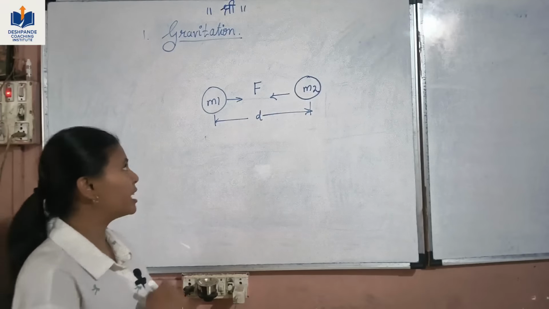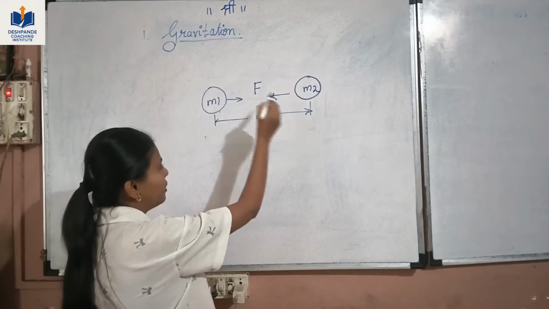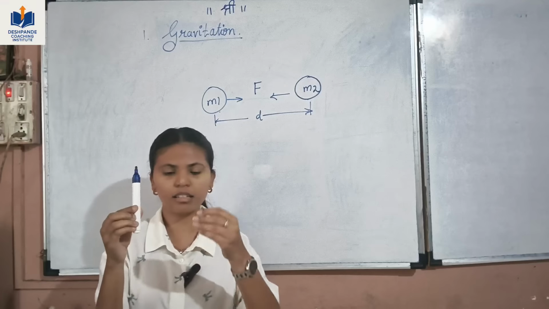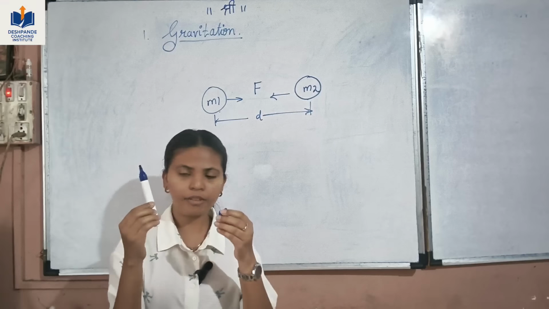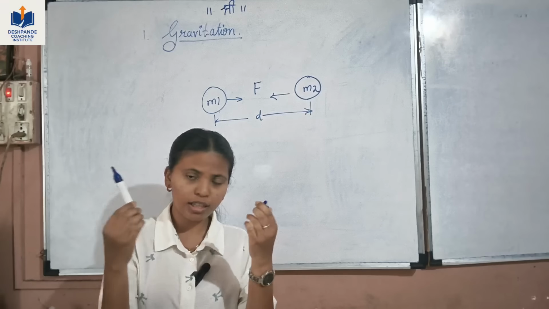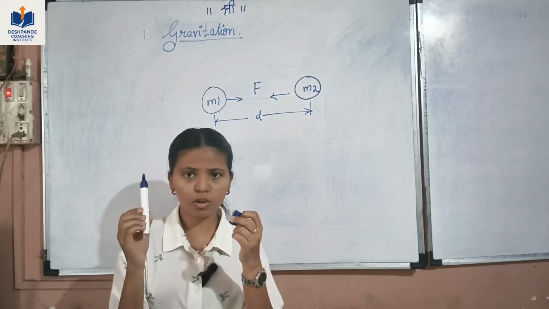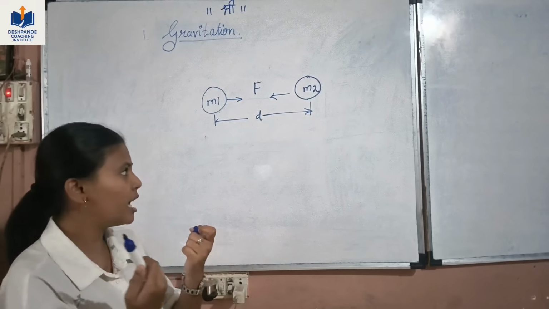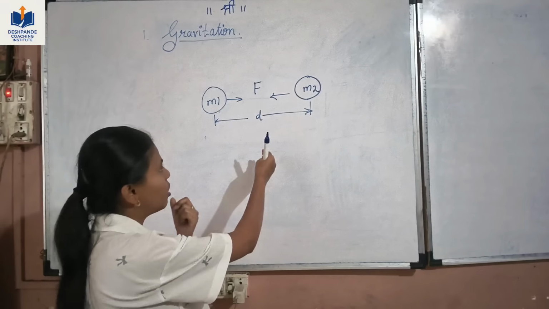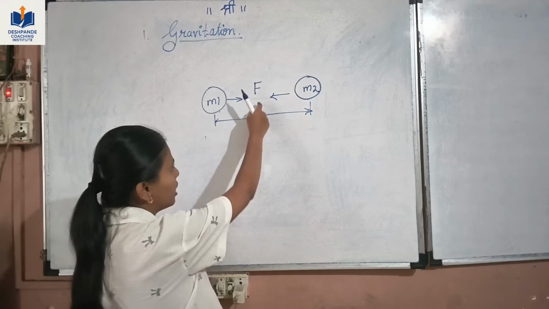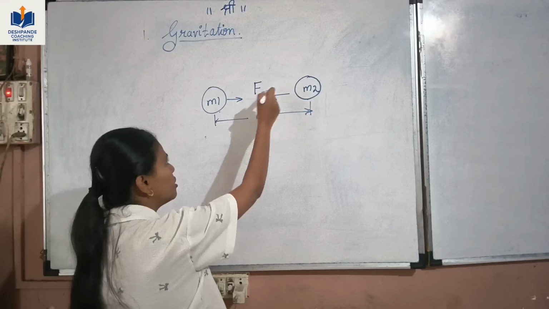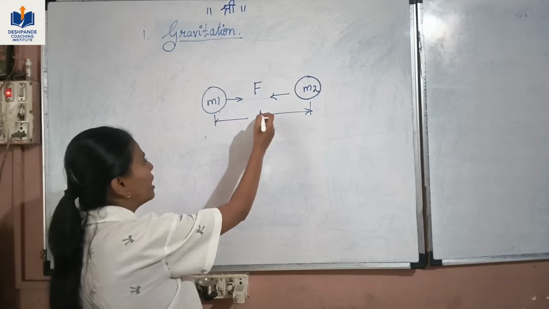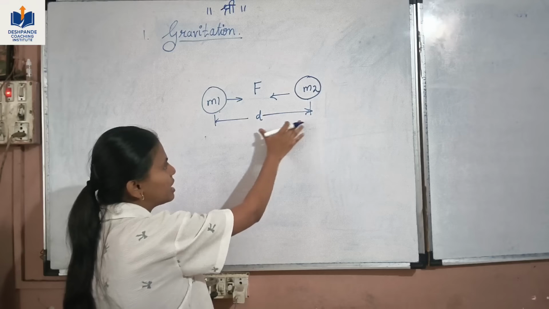Let us assume that these are two bodies having masses m1 and m2. We can assume that this is a marker and its cap having masses m1 and m2. There is a force of attraction between these two objects as well. So what is this force exactly? Newton has given a universal law for this existing force. There is a gravitational force between these two bodies m1 and m2, and the distance between these bodies is